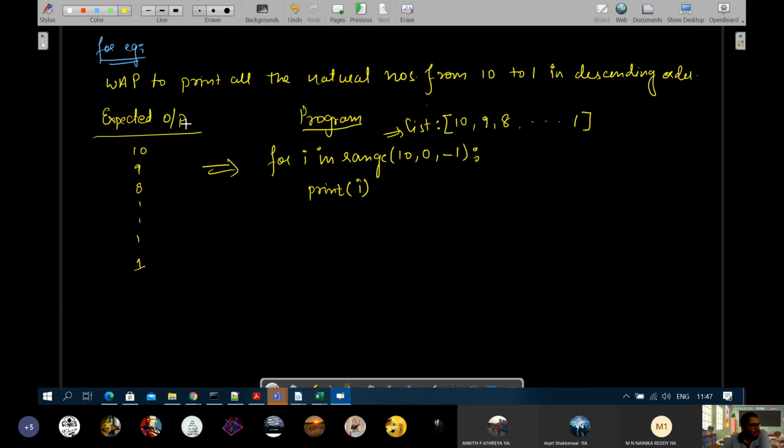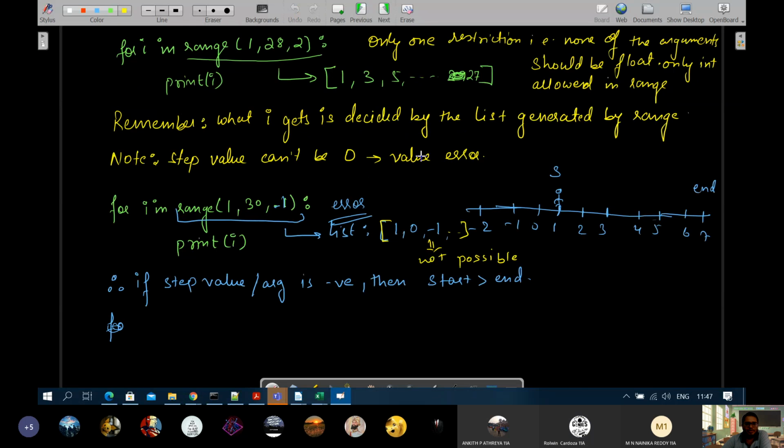Right. One last program we'll see, maybe another 5 minutes. In this program, if we don't write -1, then the third argument is 1 by default. In which case there will be an error. Check what happens. Sir, it's not executing, but there's no error. It just goes to the next. It won't execute. Sorry, I said error; it won't execute.